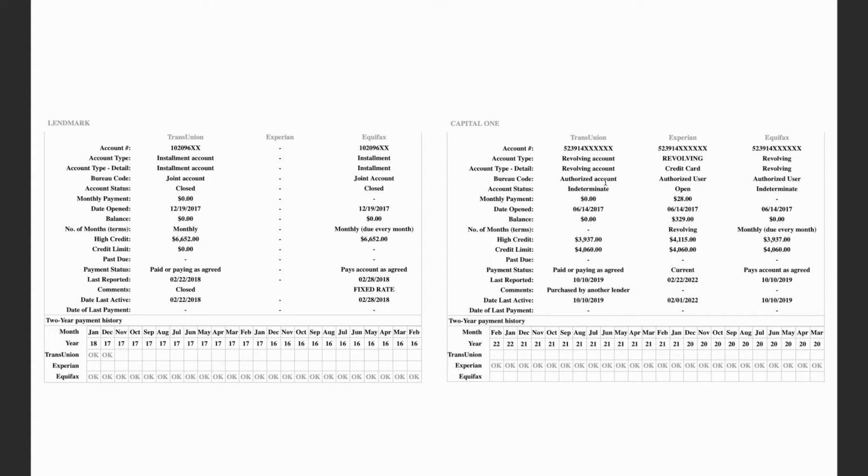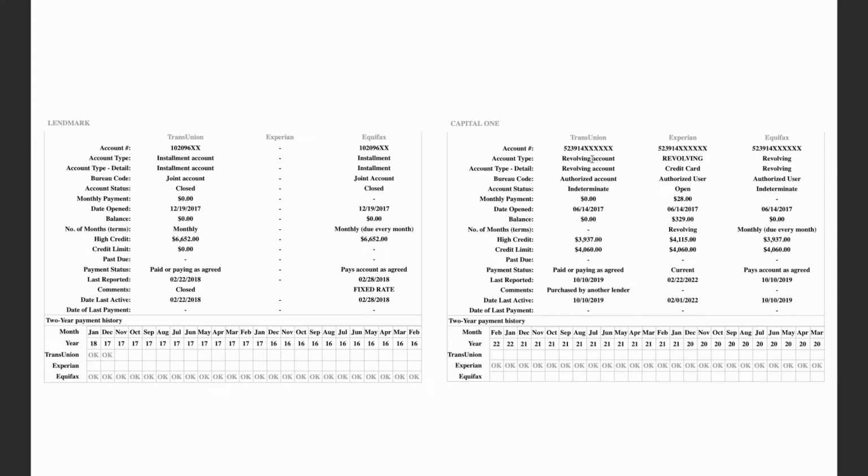So what an authorized user is, is somebody that doesn't necessarily have an account with Capital One, but they're under the person that has an account with Capital One, who allowed them to be an authorized user for the account, which means sometimes they'll get a credit card, sometimes they won't. And then it will also be considered getting a trade line from somebody. So as we can see,